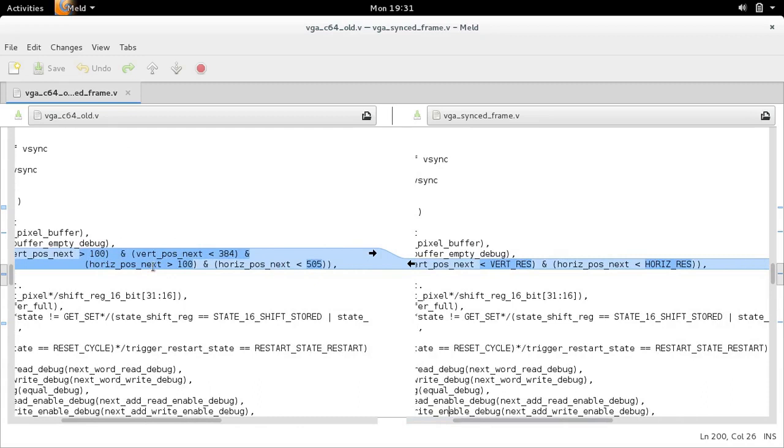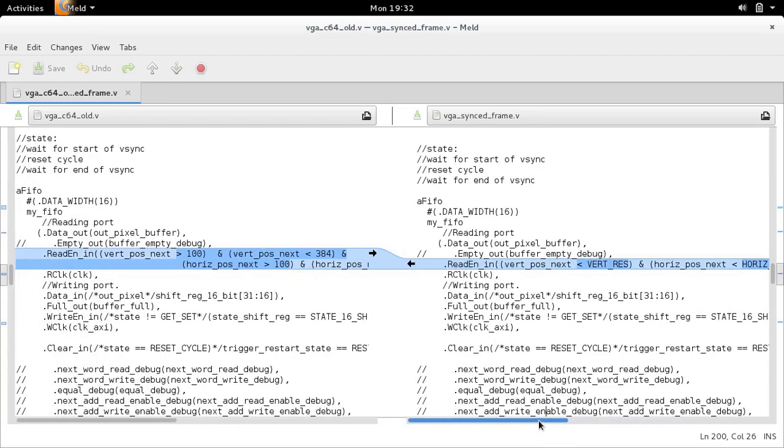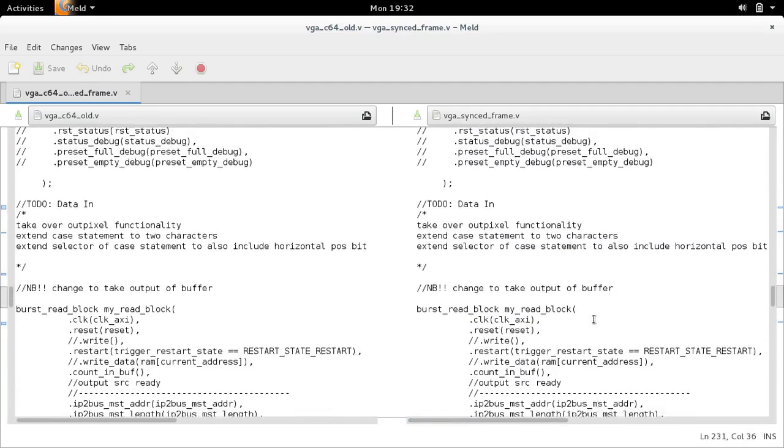So this is more or less the screen we have been working up to this point for our Commodore 64 display. And as well as the horizontal position, we only fetch data from this FIFO if the horizontal position is between 100 and 505. Okay, here again you see the difference, 505 minus 100, is 405. So then it will read from this FIFO. And if you continue scrolling down,